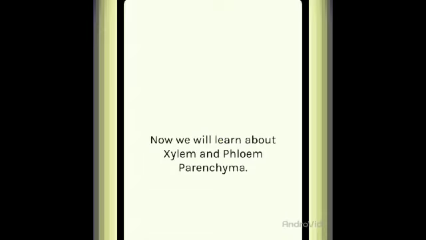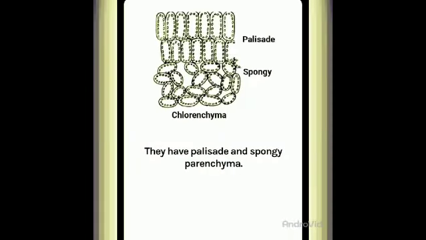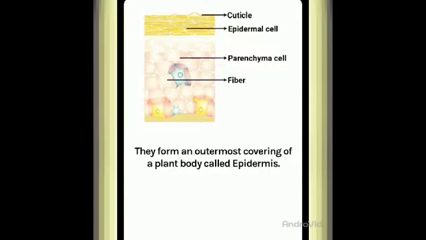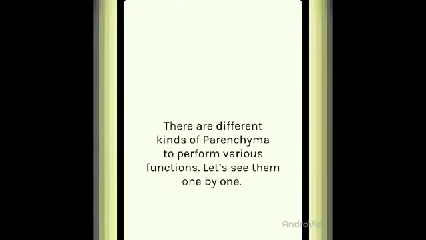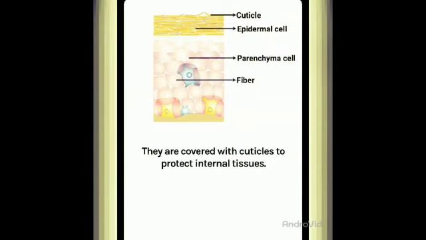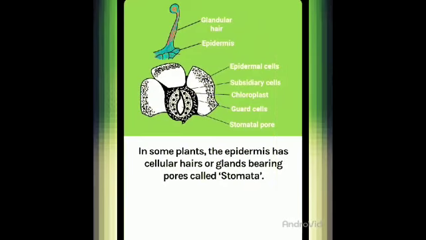Now children, we will learn about the xylem and phloem parenchyma, right? Just recall all the points of the parenchyma or the types of parenchyma. We have seen epidermal parenchyma. I'll just show you the picture. We have started from here, right? Here you can see this was the first type, the epidermal. First type of parenchyma is the epidermal parenchyma, right? In the epidermal parenchyma you have seen the cuticle layer also, the epidermal structures.